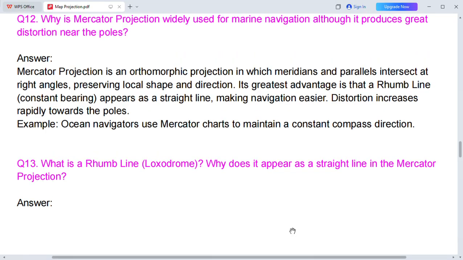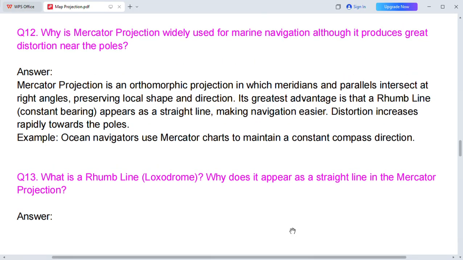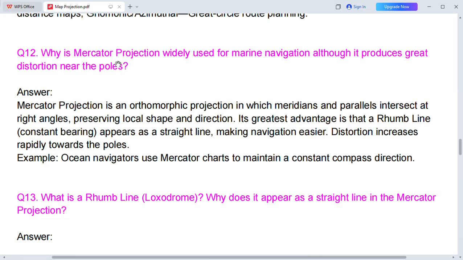Next question, question number 12. So question number 12, why is the Mercator projection widely used for marine navigation although it produces great distortion near the poles? So Mercator projection is an orthomorphic projection in which meridians and parallels intersect at right angles, preserving local